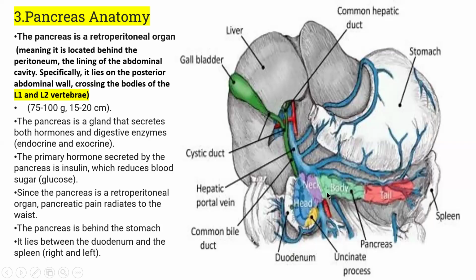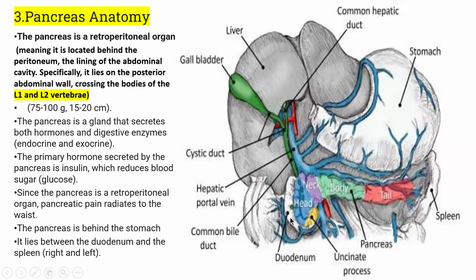lies between the duodenum, the first part of the small intestine, and the spleen. Look at the image. This is your pancreas, and on one side is the duodenum, and on the other side is the spleen. So it lies between the duodenum and the spleen. The duodenum is the first part of the small intestine, and the spleen is